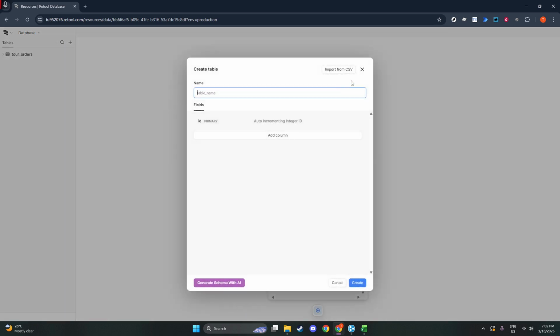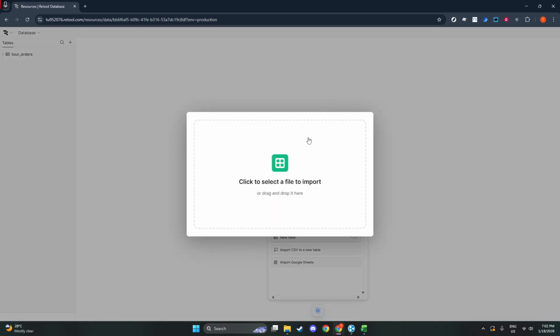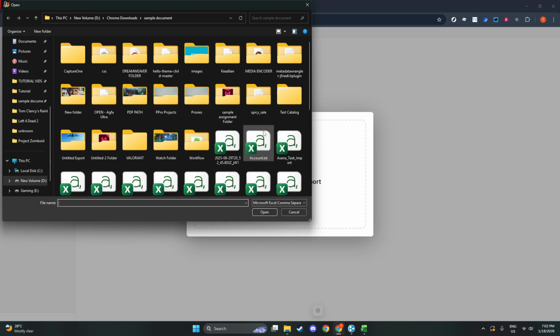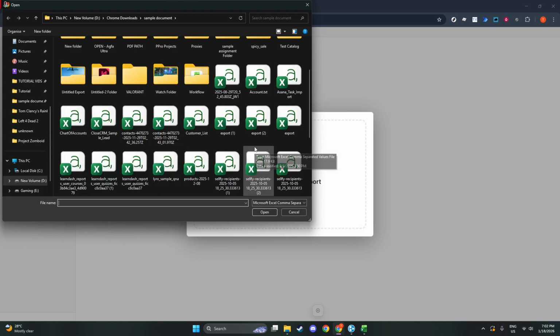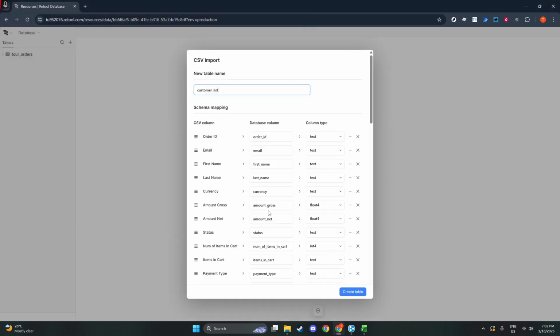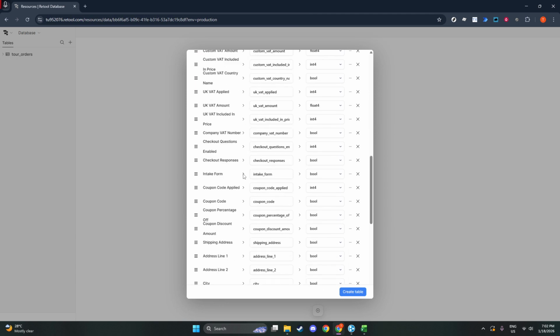Before you proceed, make sure your CSV is clean. The first row should contain clear column headers, and the values in each column should be consistent. If Retool prompts you to adjust column names and types, take a moment to review them. Rename columns for clarity if needed, and set the data types like text, number, date, or Boolean so they accurately